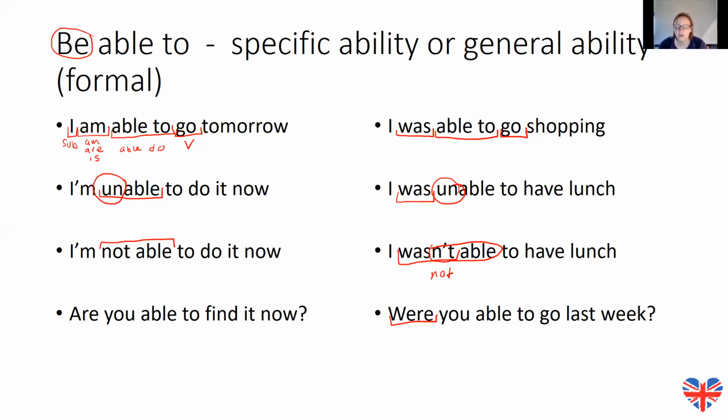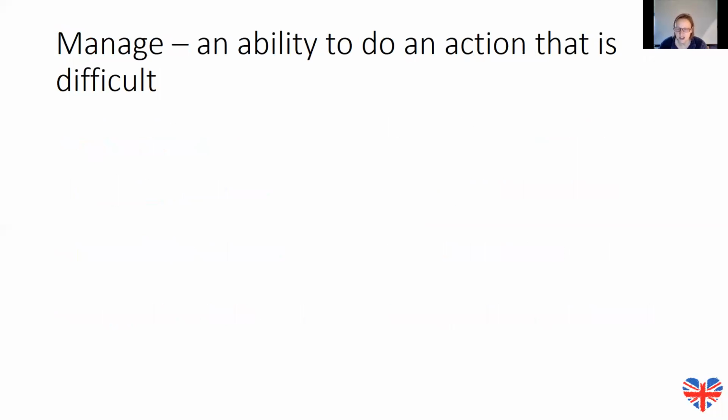Right, and the final one that I want to look at today is manage. Now, manage is a verb that we're just going to treat all on its own. So it's the main verb now, but we still need to have a secondary verb to go with it to tell us what you managed to do. We use it to talk about something that's a bit difficult. There has to be a possibility that it didn't happen, that you were unable to do it. So we talk about things that are difficult.